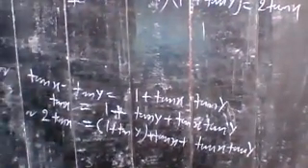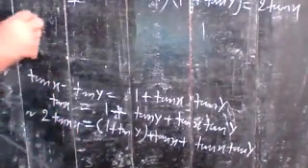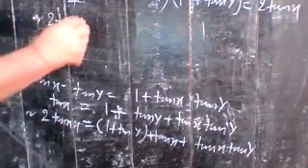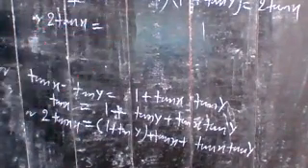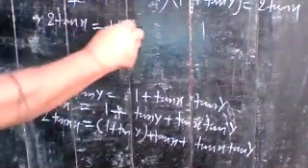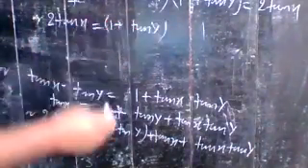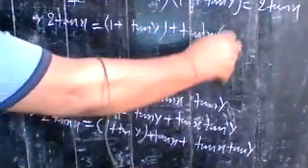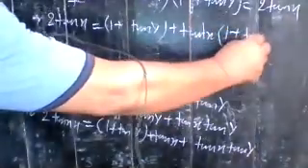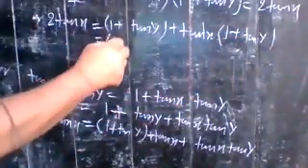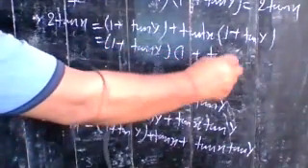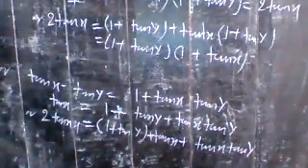And just see, or you can write 2 tan x is equal to 1 plus tan y into, here you take tan x common, so you have 1 plus tan y. Now taking 1 plus tan y common, so you have 1 plus tan x. So in this way your result is proved.